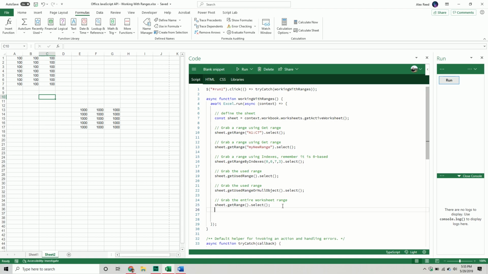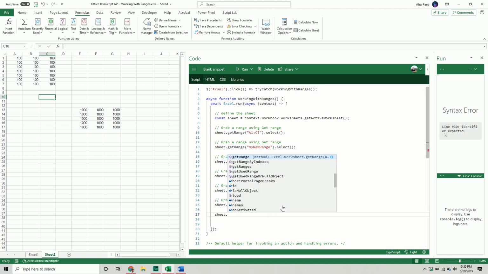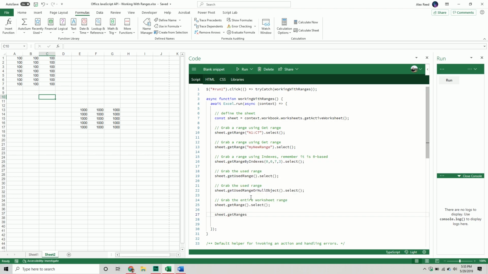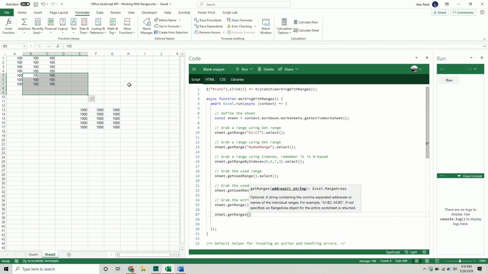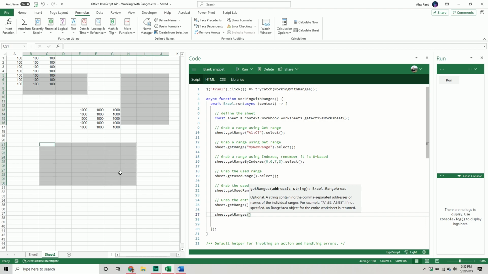What was the next one? Sheet, get range, get used range. Oh, get ranges. That was the other one. I'm not going to go into too much detail about this one right now because I'm still getting a little bit familiar with it. But it's a new type of object they've added, and it's range areas. So you can basically have multiple rectangular ranges that you define. The only thing is you can't actually select these ranges, but you can define them,